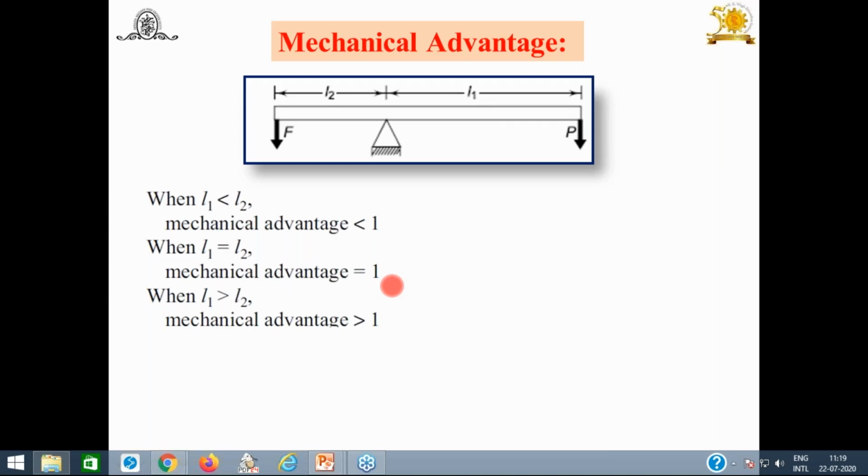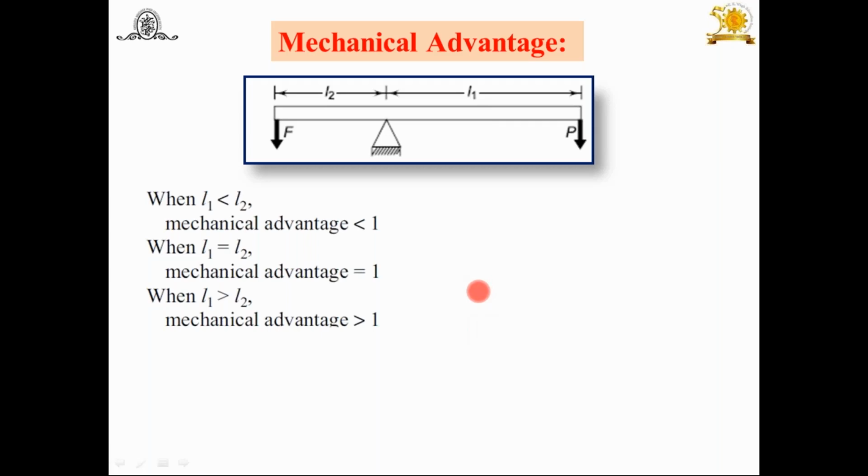Try to understand. Therefore, mechanical advantage less than 1 or equal to 1, no one is going to prefer. In some applications you will find L1 is equal to L2 also, no problem. But generally, while designing a lever, if it is not mentioned, always think that with minimum effort you should have maximum output force. For that purpose L1 should be greater than L2, and that means mechanical advantage should be greater than 1. We will see in other cases also.